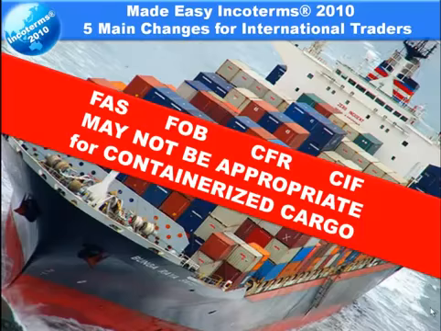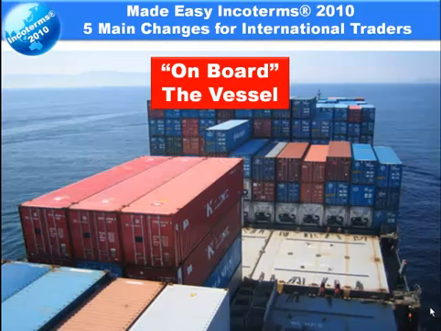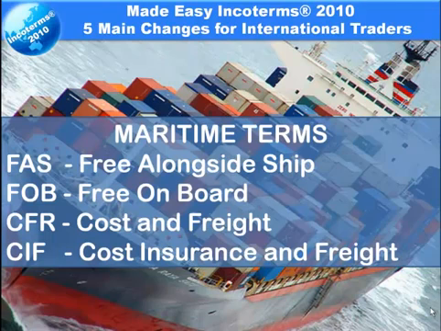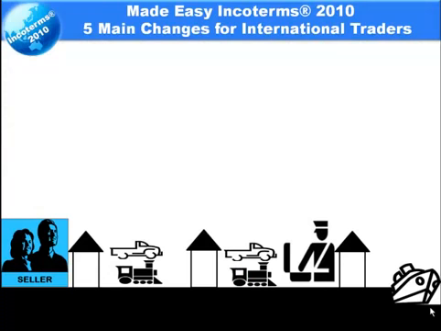While we are discussing the maritime terms, this is a good point to highlight the fact that the 4 maritime terms may not be appropriate for containers. I'm quoting here from the words of the actual Incoterms 2010 rules. So what is the reason that traders should not use the maritime terms for containers? It is because of the defined place of delivery by the seller. With FOB, cost and freight, cost, insurance and freight, the seller is responsible for delivering the goods on board the